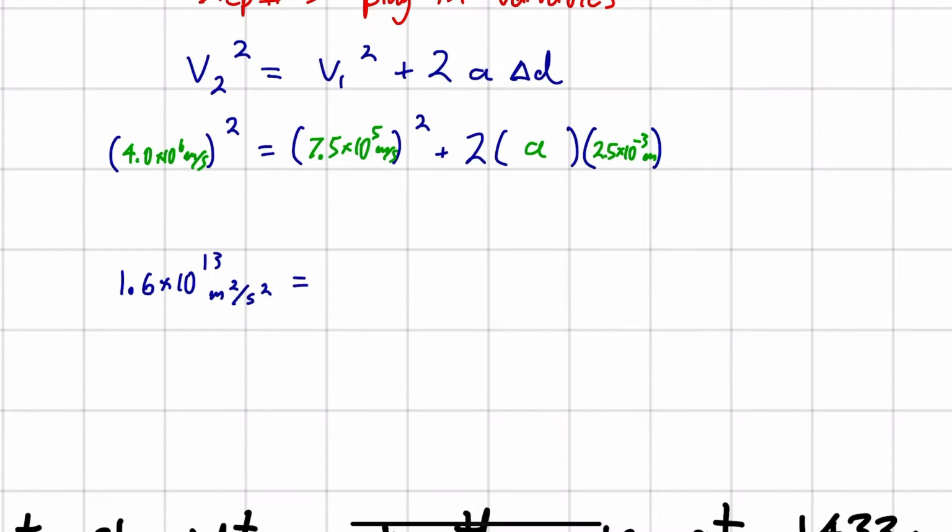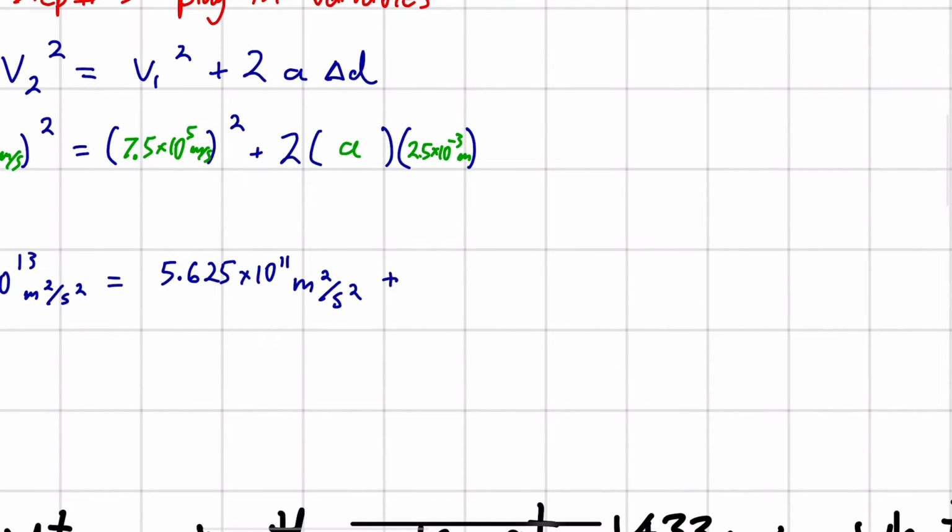And then on the other side of the equal sign, we plug this into our calculator, and we're going to get 5.625 times 10 to the 11. Then the units on that, meters squared per second squared, plus,